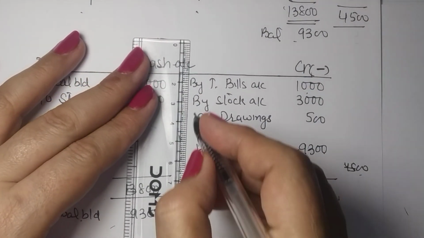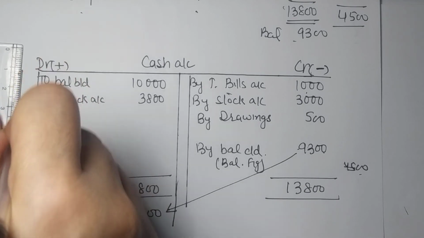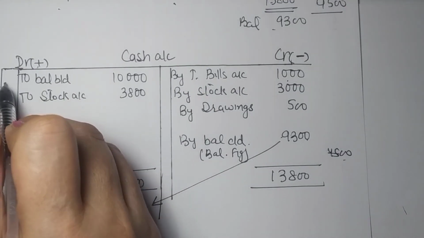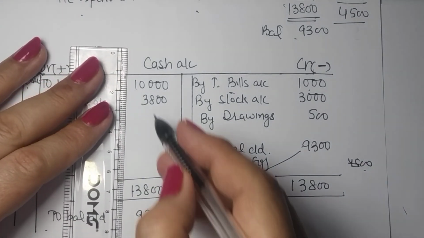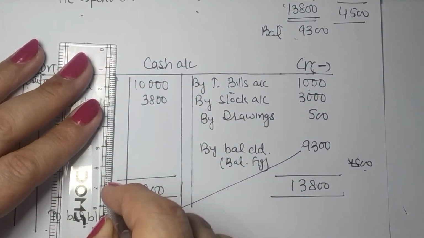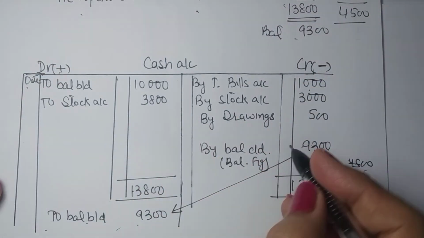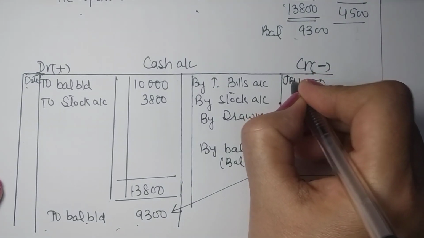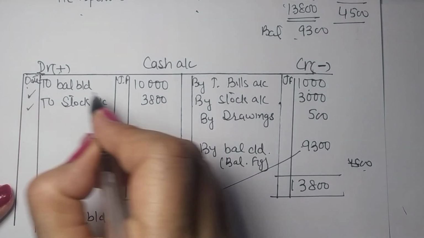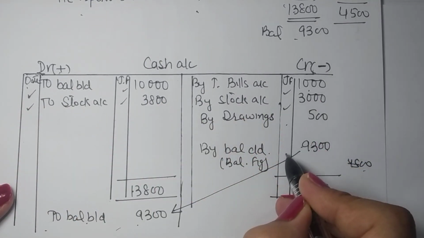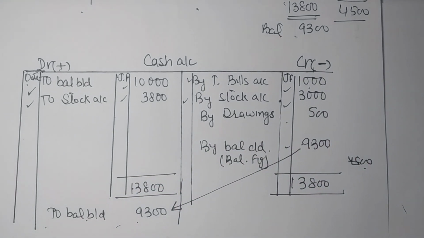So putting a date column makes this work easier. So we put a date column here to record the timing, date of the transaction. Another thing is that we have recorded the same in the journal also. So you can verify the amounts through journal also. So one more column is prepared here which is called journal folio. Now the purpose of this I will explain later on, but right now you can say that these columns are for verification purposes. Right? So this is how an account appears and we prepare it.